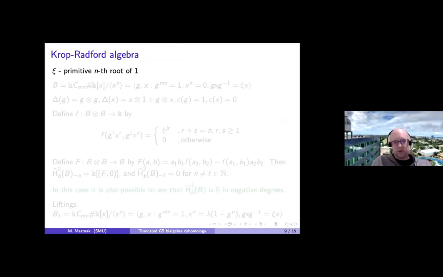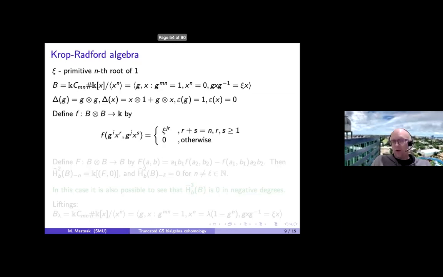This so-called Radford Hopf algebra is a slightly enlarged Taft algebra. If it were the Taft algebra, everything would be trivial. So this is sort of the simplest non-trivial example. As an algebra it is generated by 2 elements, G and X, where G is of order m times n, and X is nilpotent of index n, and the coalgebra structure is given by G being group-like and X being skew primitive. Now you can explicitly define a map from B tensor B to the ground field, and then